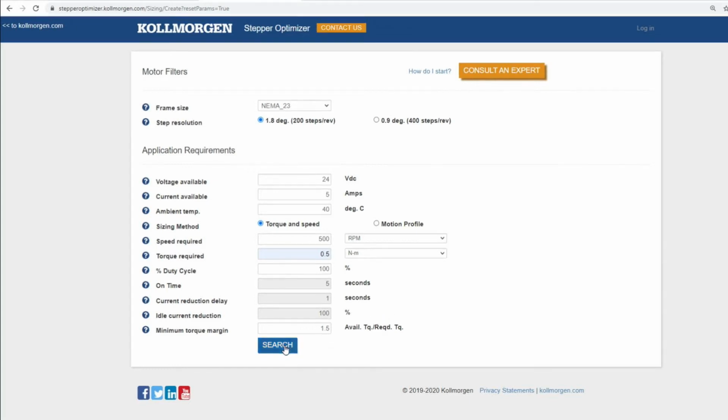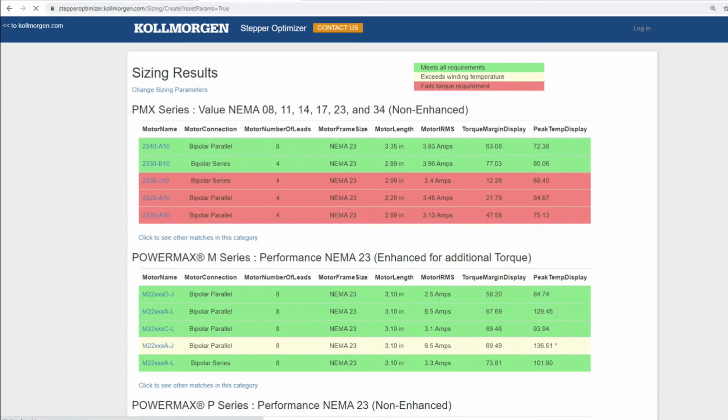After clicking on the search button, we will find solutions that fall in 3 categories based on how well they meet our application requirements. Green meets all requirements. Yellow exceeds winding temperature. Red fails torque requirements. Looking at the PMX series motor, we will have 2 solutions that meet all requirements of our application. Let's select the PMX